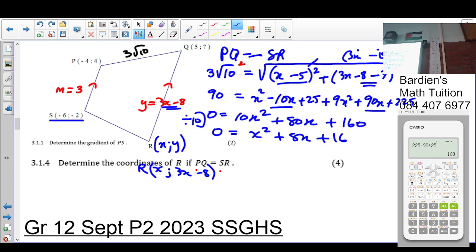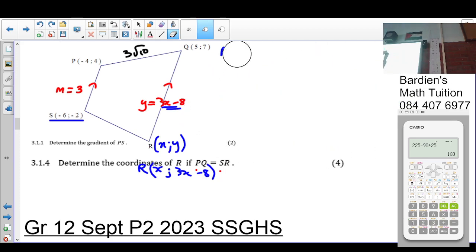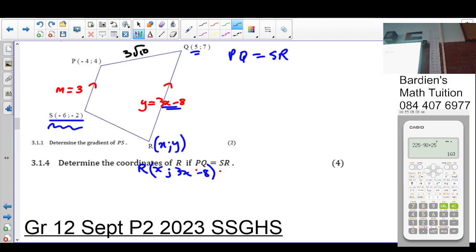I used the wrong value. I used 5 and 7. So this is all omitted. Start again. It's going to be PQ is equal to SR. I suppose I've used S, I used Q. Okay. So PQ is going to be 3 root 10 is equal to SR, which is the square root of